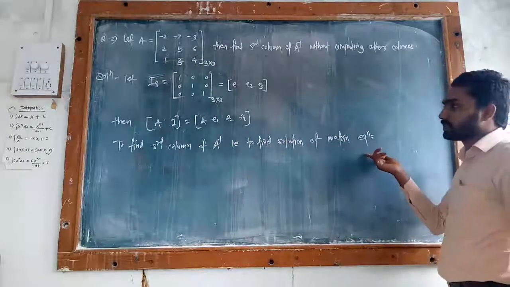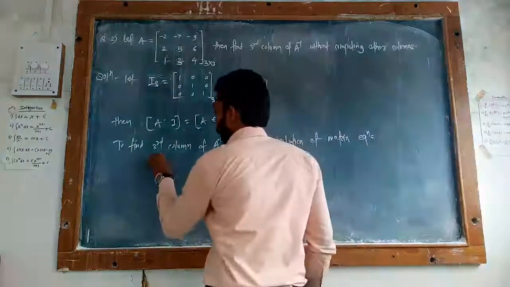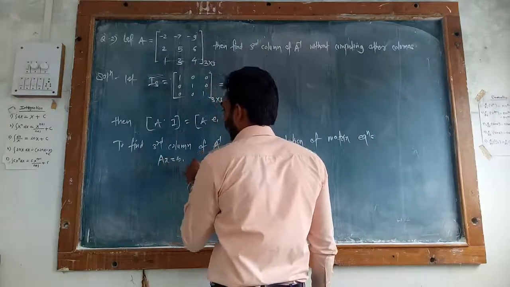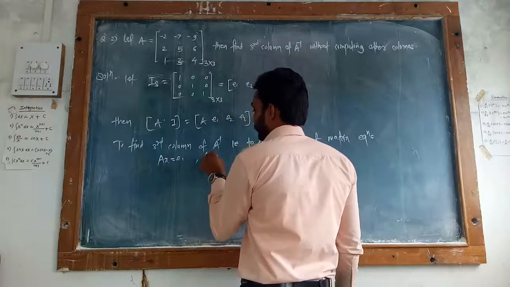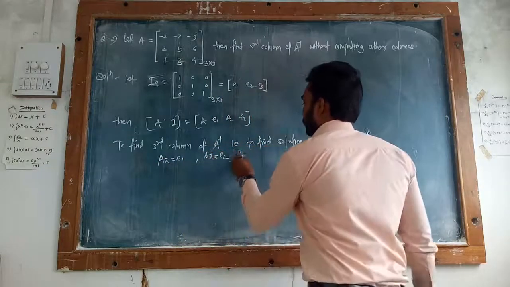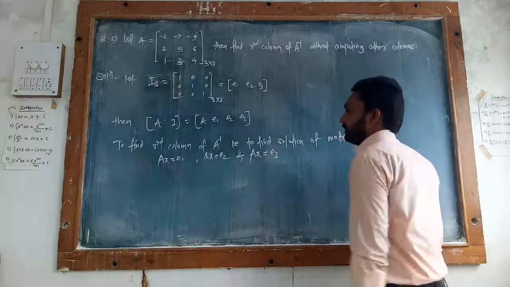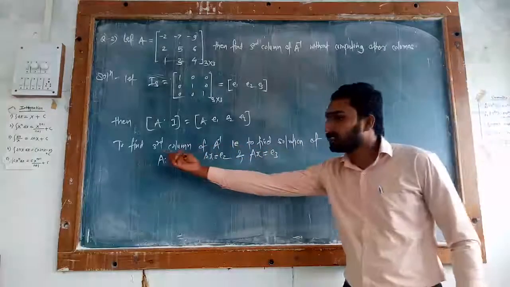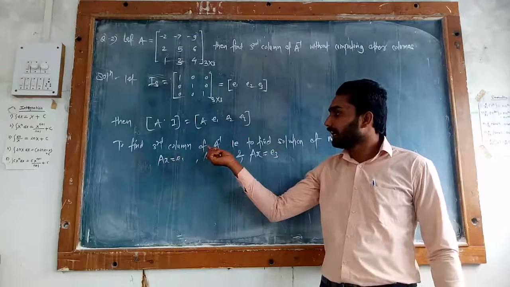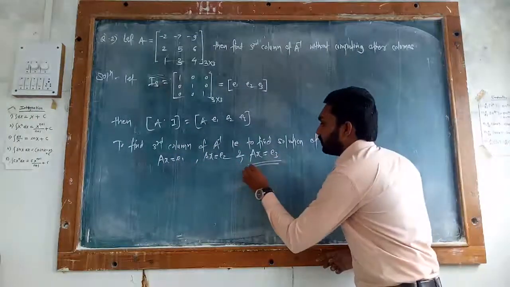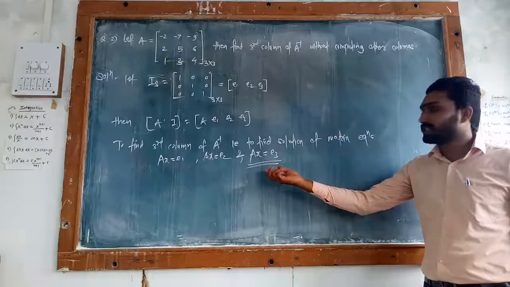So your matrix equations become Ax equal to E1, the second matrix equation becomes Ax equal to E2, and the third matrix equation becomes Ax equal to E3. So to find the third column of A inverse, we have to solve only the third equation, that is